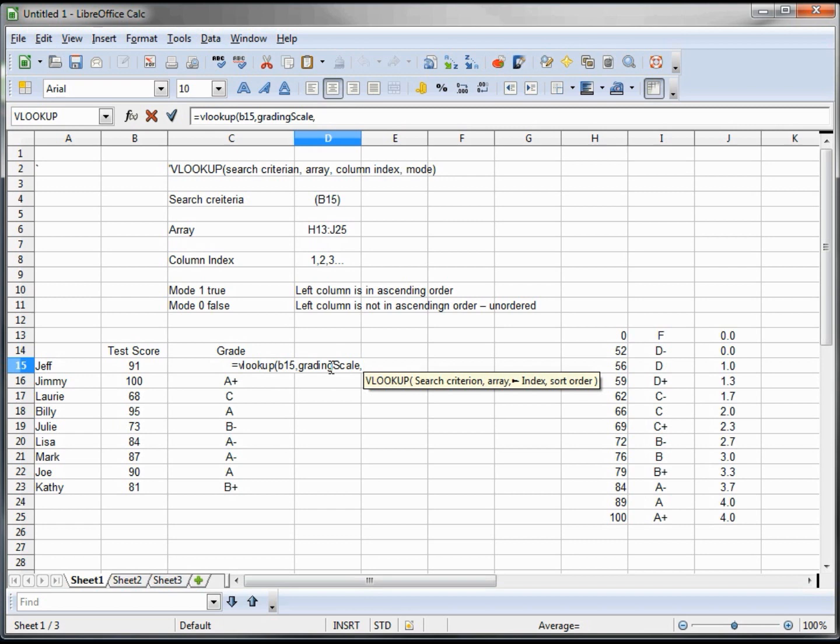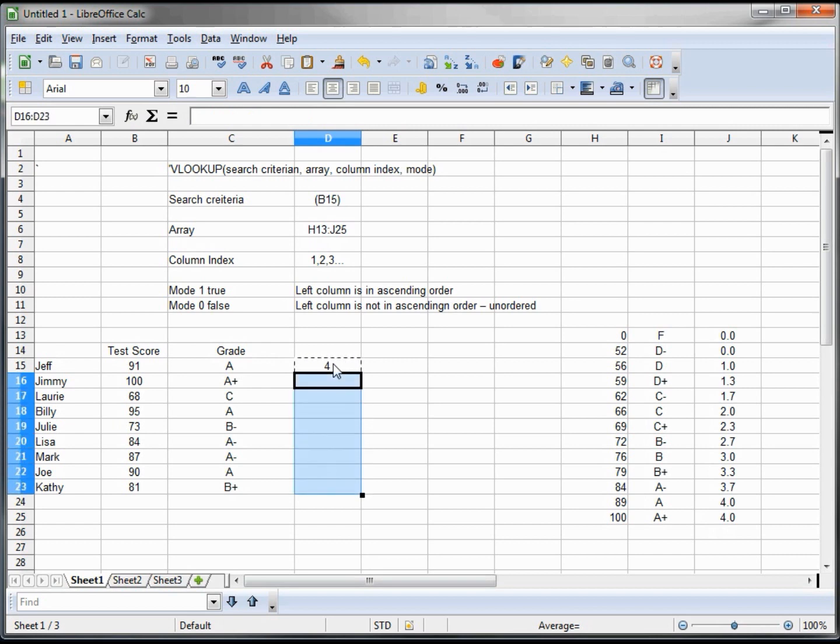This time I want to use column 3, which as shown here is our number, our 4.0 scale, and we are still using the mode 1. And so the A is equal to a 4 point, just as an A plus. Let's do Control C, highlight, Control V,